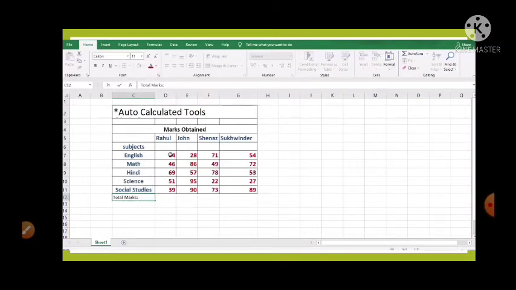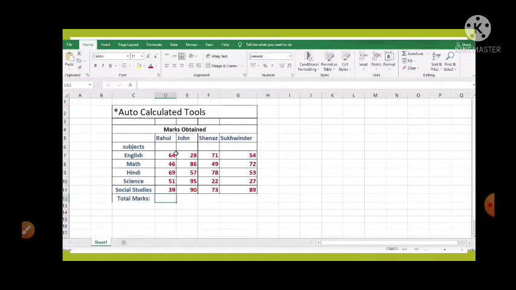So at first we are doing it for the student Rahul. Now select the cell where you want to get the result. Click on the auto sum. So we have clicked on the auto sum button.